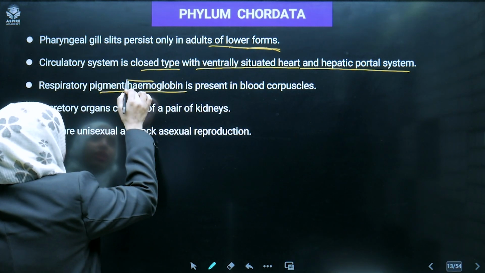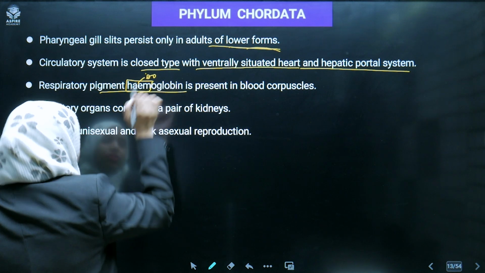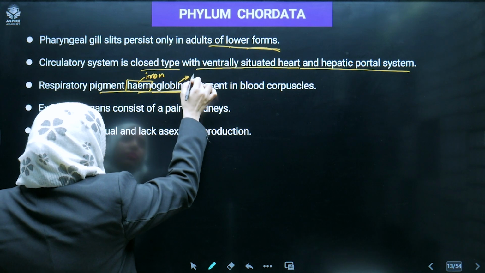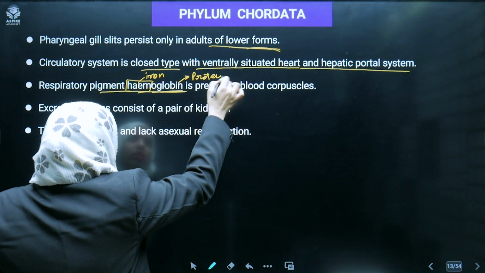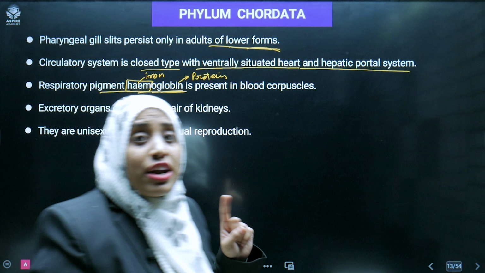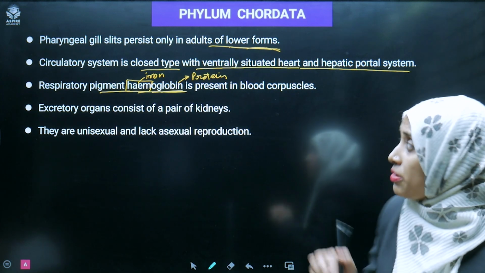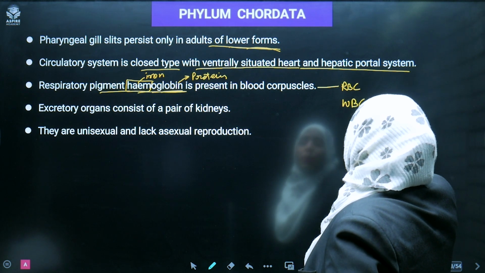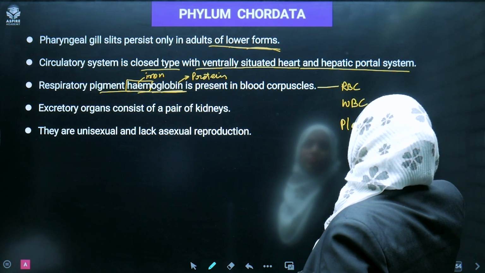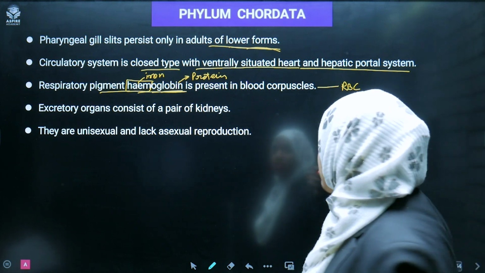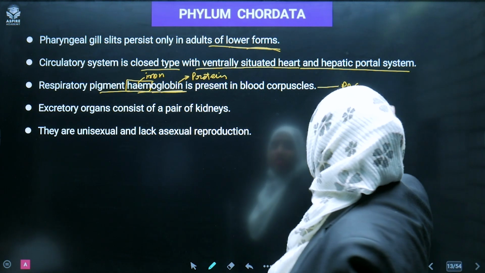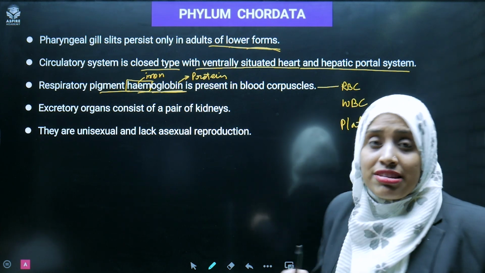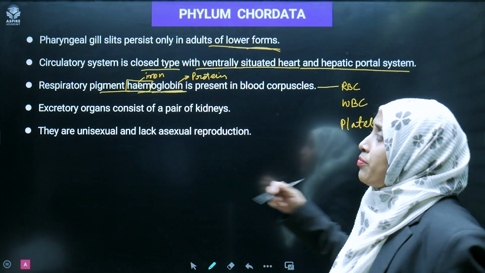तो रेस्पिरेटरी पिगमेंट दैट इज हेमोग्लोबिन, हेमोग्लोबिन हेम क्या है, ठीक है, हेम दैट इज आयरन, एंड ग्लोबिन क्या है, प्रोटीन, ठीक है। So it is also present in the blood corpuscles and we know we are having the blood corpuscles, क्या क्या है हमारे पास है, RBC है, WBC है, we are having also platelets, ठीक है। So blood is having all this, और blood में और एक क्या होता है, pigments, तो these corpuscles are there, apart from that there is also plasma, ठीक है। So plasma है, RBC है, WBC है, platelets है,